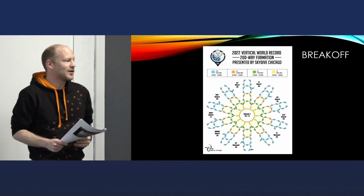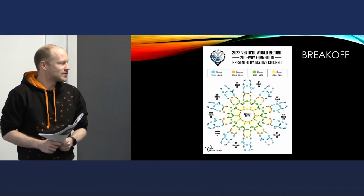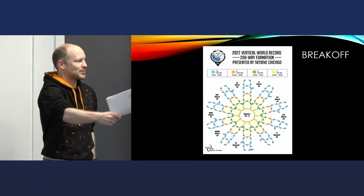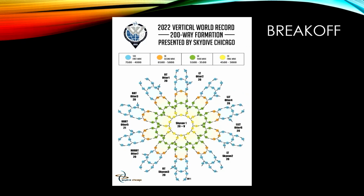So with 200 people, we have 4 different break-off waves. We have one break-off wave for all the outside people, which is going to be a big, long track. That's 100 people on the outside, going from 7,500 to 4,000 feet. So it's quite a long track, and we don't have it labeled here, but we generally have them track in one pod. You'll pick one of these 2 people, and they'll lead a little mini tracking dive